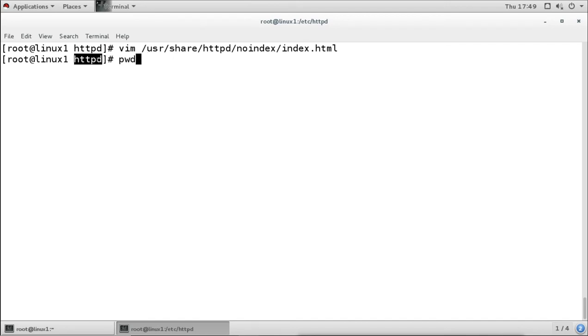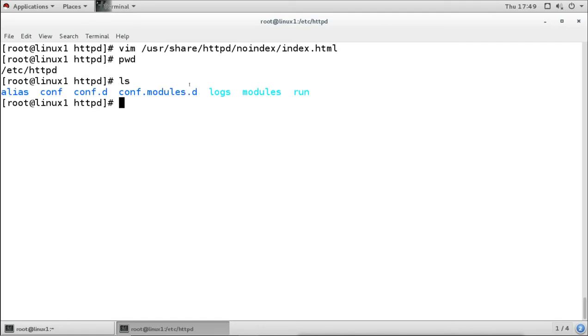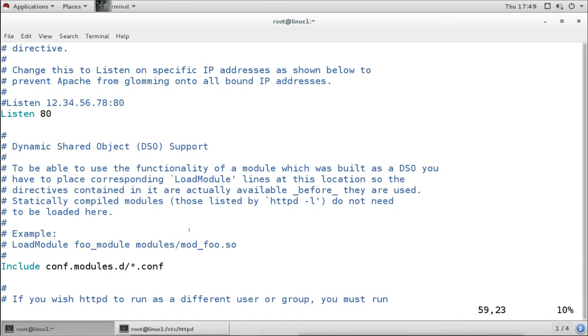It is already defined there, and under the directory we have these directories. So it is loading all the configuration files for the modules from this directory, and it is defined here. So whenever we want to add or remove some modules, we will add the configuration into this directory by using the name dot any name dot conf.